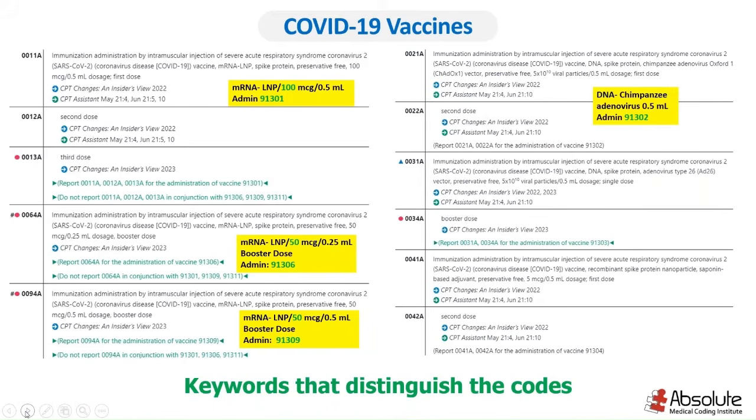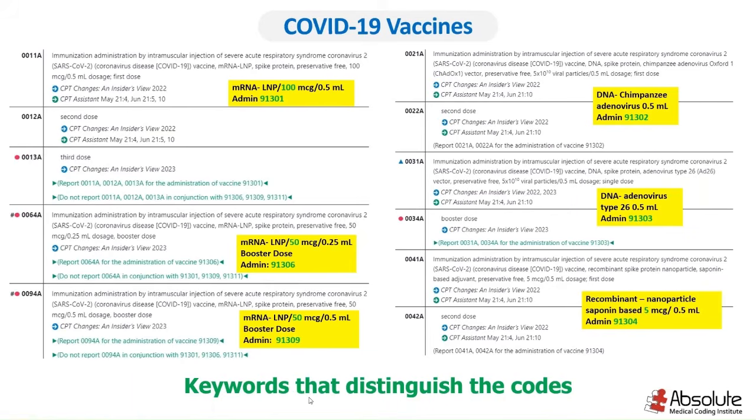Next, we have 0021A to 0022A. That is for administration of DNA, chimpanzee adenovirus 0.5 ml. Administration code used is 91302. And 0031A to 0034A is for administration of DNA adenovirus type 26 0.5 ml, and administration code to be used is